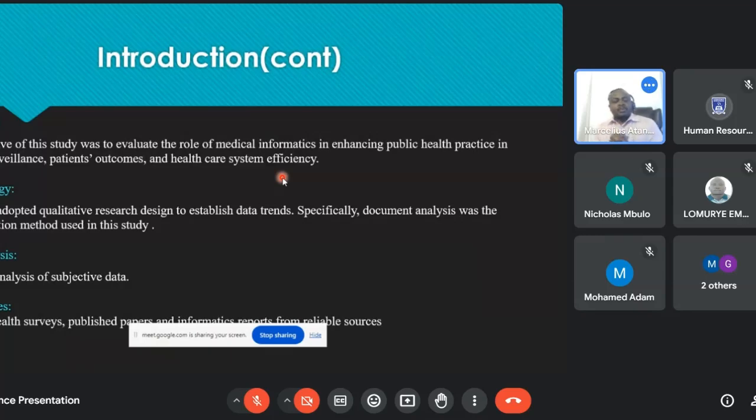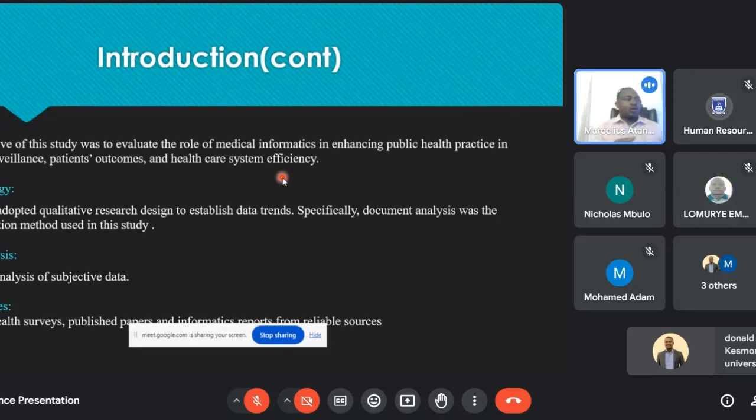So, what were the objectives of this study? The intent was just to evaluate the role of medical informatics in the management of some public health practices, because this is not all about public health. But we were focusing on disease surveillance,